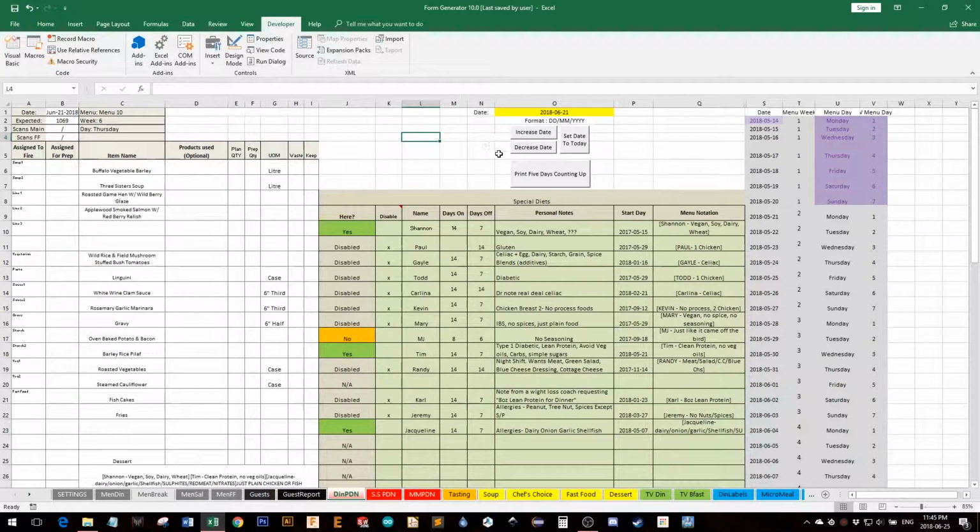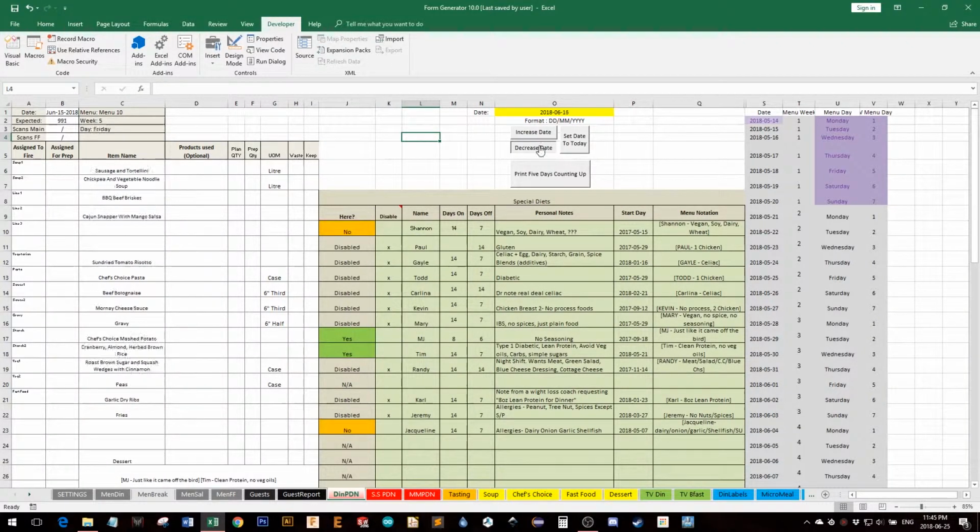So then I started adding buttons so I can increase and decrease the date, and it automatically updates it. It fills in some information up here, and then I added in this special dietary requirement section. We have various people in house who have special diets, and they're on different rotations. So I put their days on, days off, their start day, and as we go through, it changes them, whether they're here or not, and it makes some notes down at the bottom, records it on this sheet, which just this part will be printed off every day,